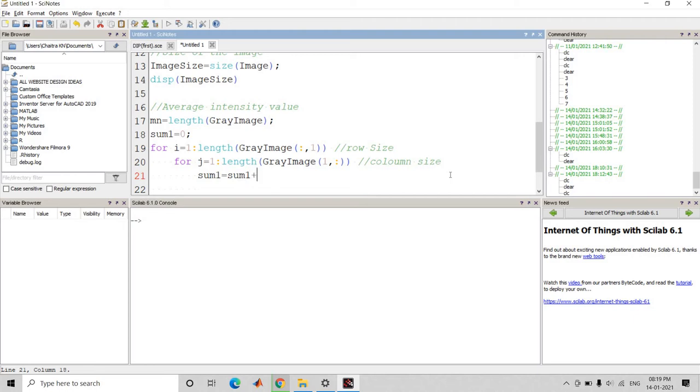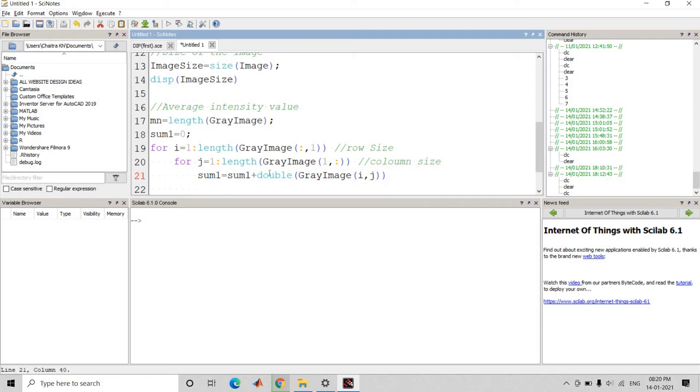So it will calculate all the intensity values in a matrix.